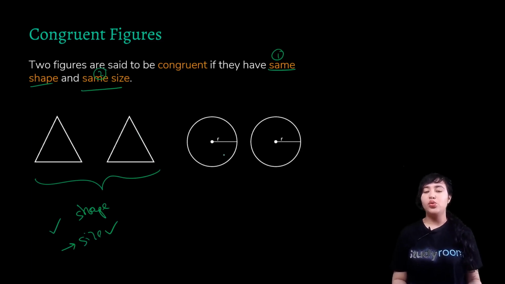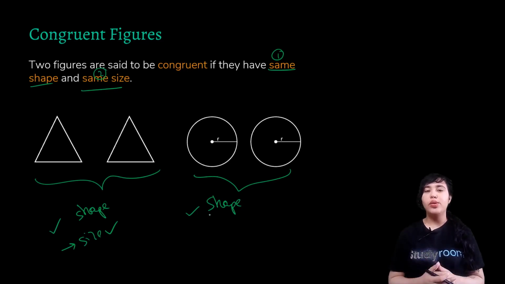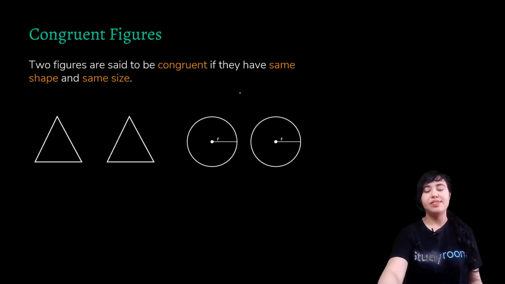And here we have two figures. What is their shape? You tell me. So the shape is obviously a circle. Talking about the size, whenever we talk about the size of a circle, we can measure it via its radius. Radius is the distance between the center of a circle and its circumference or its periphery. And in both the cases, we see that the radii are equal, which means that they have the same size as well. So here we have two congruent figures and here we have another set of two congruent figures.